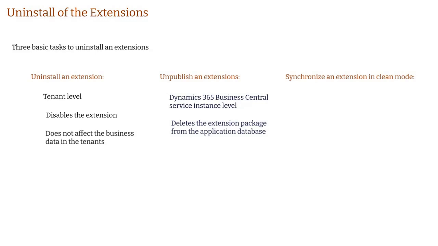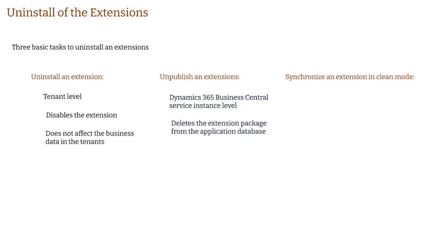For example, you would unpublish an extension version when it is no longer in use by any tenant. It prevents tenant users from using the extension again. You will typically run this operation after an extension has been upgraded on all tenants from one extension version, for example, 11.0.0.1 to a newer version,